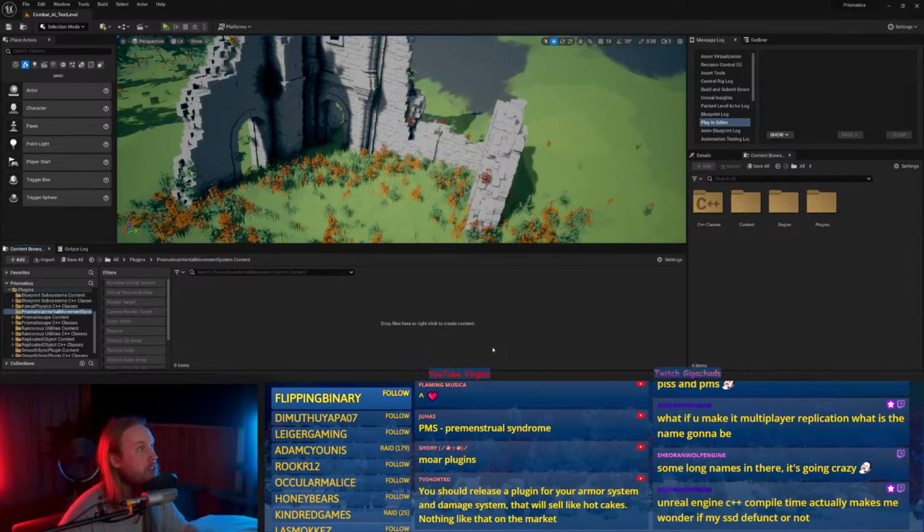Like the armor system, it's very coupled with the damage system and coupled with the character hit section system.